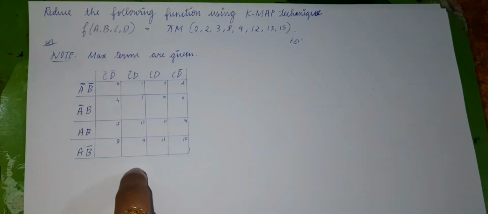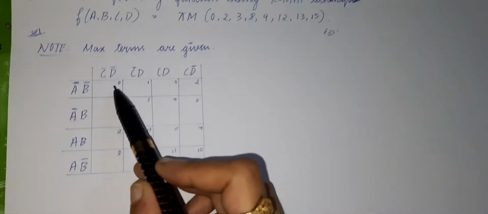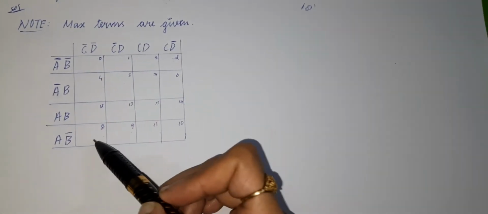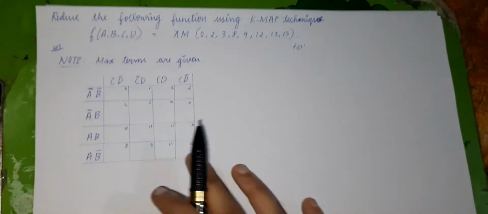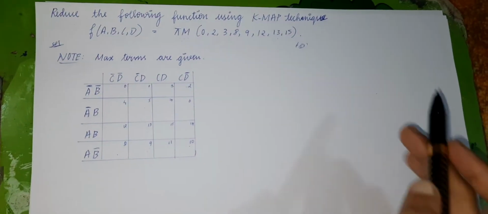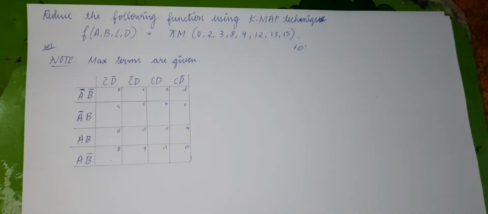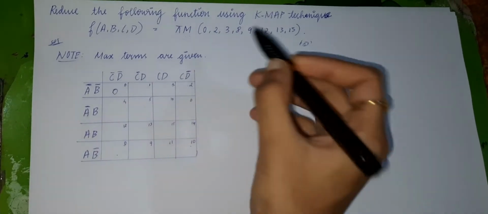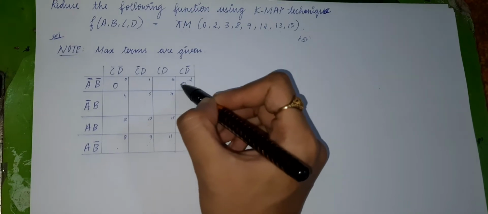So this is the format of writing the K-map, and the order of filling the positions in the K-map is as follows: 0, 1, 3, 2, 4, 5, 7, 6, 12, 13, 15, 14, 8, 9, 11, 10. So this is the order of filling the positions in the K-map. As I said before, represent these numbers as zeros in the K-map. So here 0 is there, so fill the 0th position with 0. 2 is given, so fill the 2 position with 0.